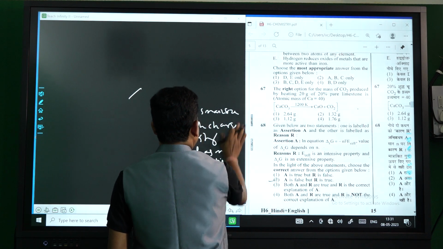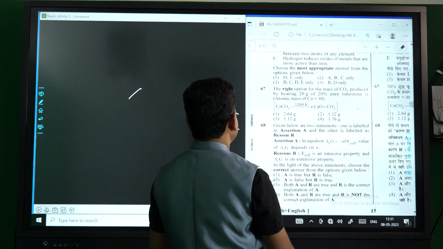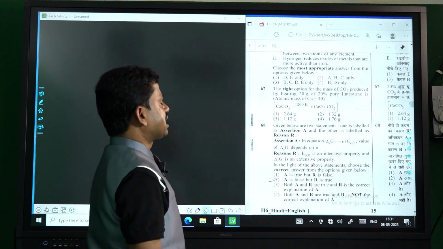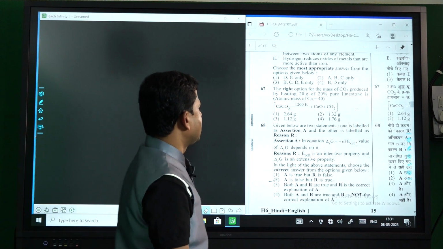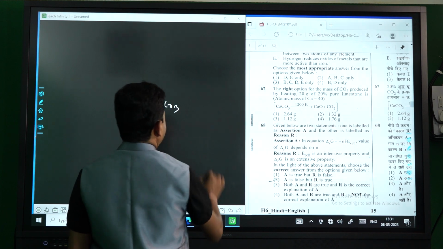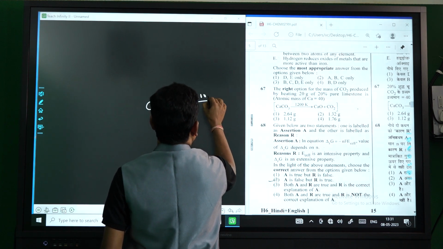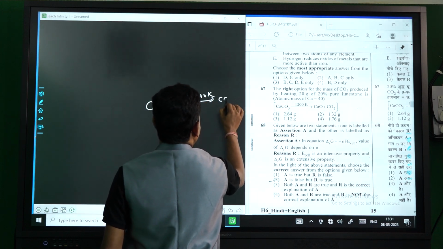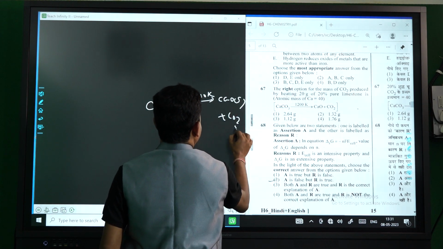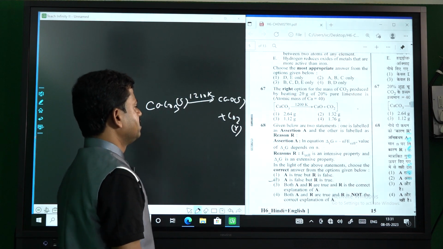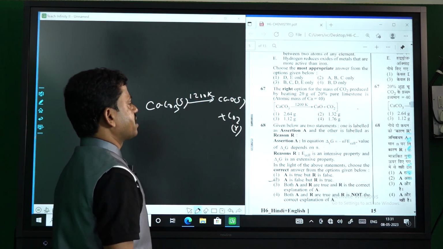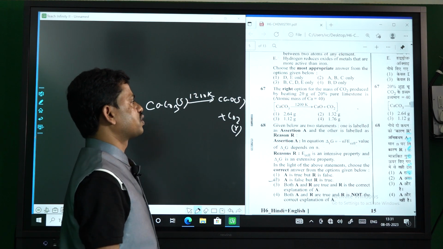So dear students, come to question number 67. It comes from basic chemistry of 11th class. Calcium carbonate, which is known as limestone, marble, chalk, at 1200 Kelvin gives calcium oxide plus carbon dioxide. Dear students, remember that here is solid, here is solid, here is gas, but don't record the physical state in that question. And in your question, find out the mass of carbon dioxide produced by heating 20 gram of 20%